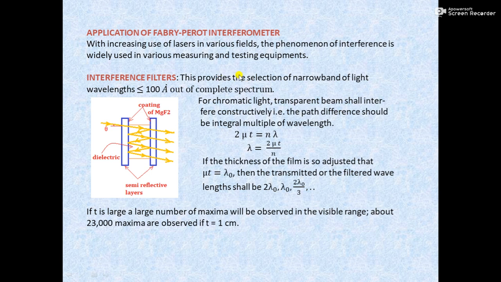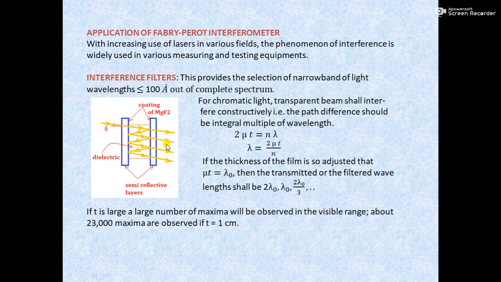Now comes the application part of the Fabry-Perot interferometer. With increasing use of lasers in various fields, the phenomenon of interference is widely used in various measuring and test equipments. The first is interference filters. This provides the selection of a narrow band of light wavelengths, say less than or equal to 100 Angstrom, out of the complete spectrum. An interference filter consists of a multi-beam interferometer,